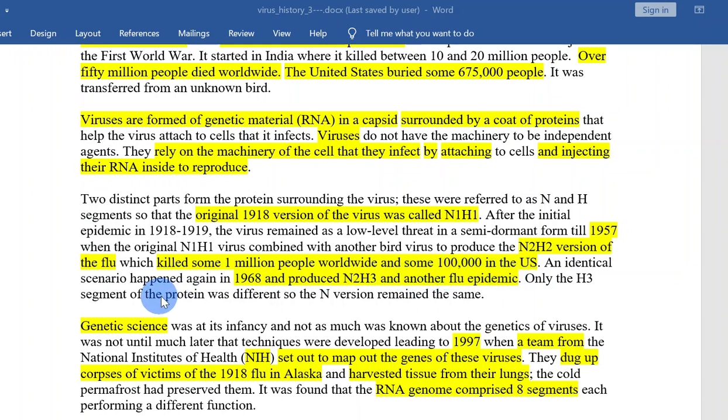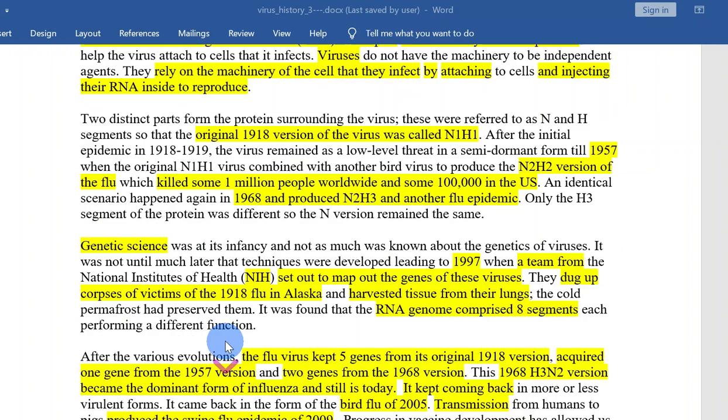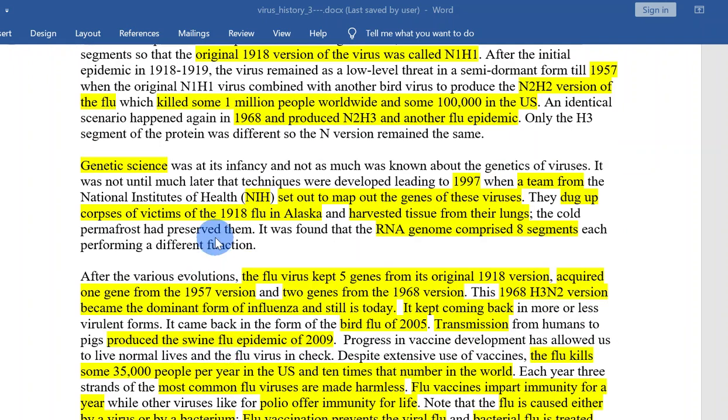An identical scenario happened again in 1968 and produced N2H3 and another flu epidemic. Only the H3 segment of the protein was different, so the N version remained the same. Genetic science was in its infancy, and not as much was known about the genetics of viruses. It was not until much later that techniques were developed, leading to